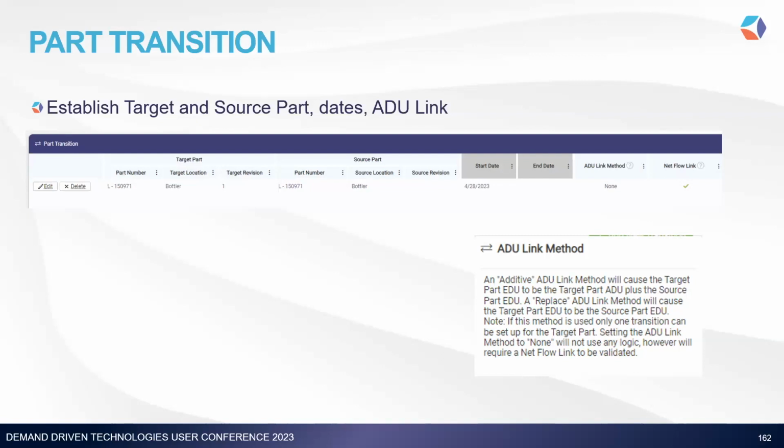You can do ADU link methods, meaning you can have the ADU be additive, where you're combining the usage onto the new part. So it's the old part plus the new part in case it had any usage on it. You can do things like link the net flow or not. The example I'm going to show you here,